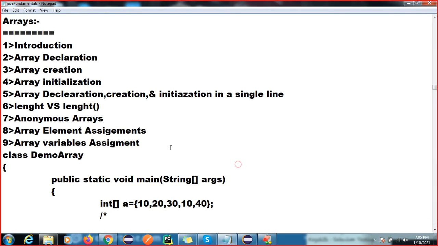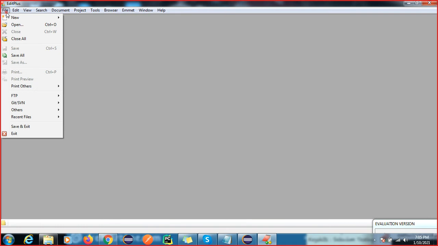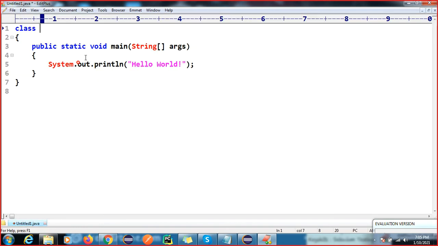Want to store multiple elements or multiple objects, right? So we cannot store them in one variable. Sorry, we have to use multiple variables, right? Like in a demo array.